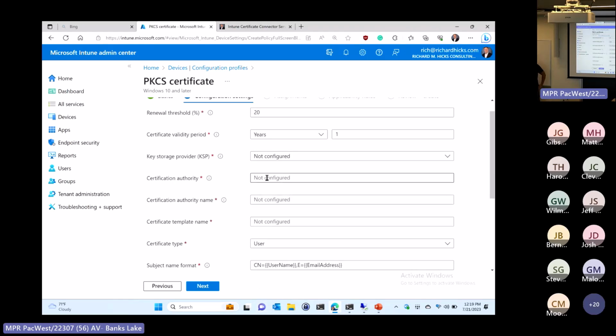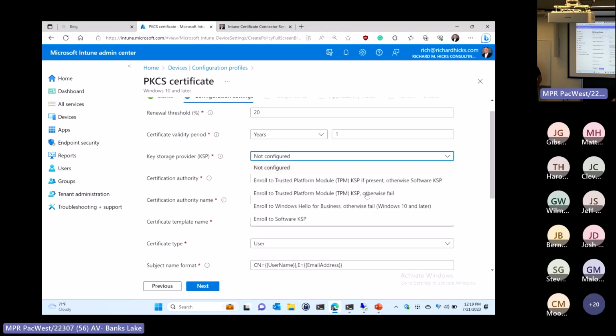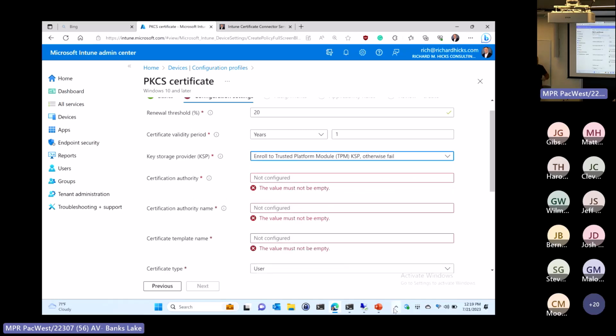This is the one that I was telling you was really critical here. This is the key storage provider. I recommend using Enroll to Trusted Platform Module, or TPM, otherwise fail, because I want this to be secure. And if it's not secure, I want to address it. Why don't you have a TPM? Why is the TPM not working? What's preventing me from using the TPM on this device? Rather than just say the TPM isn't working right now, just go ahead and put it on the file system